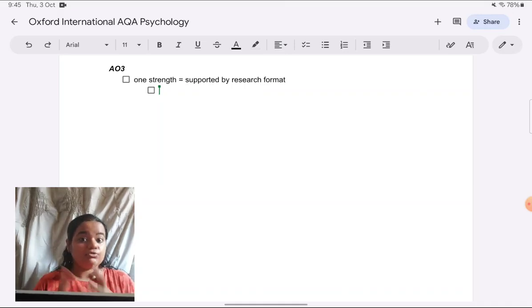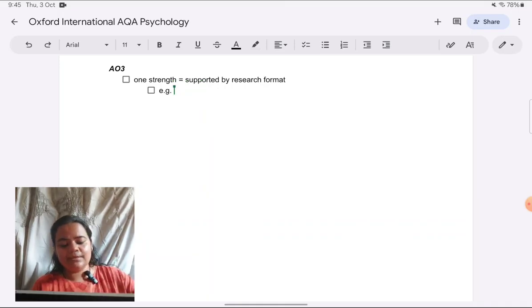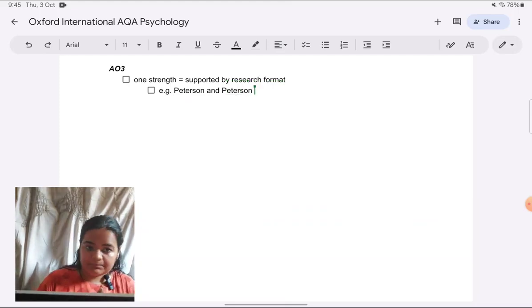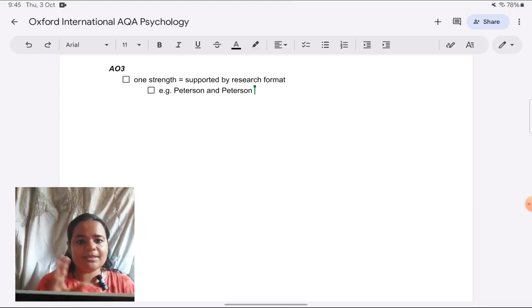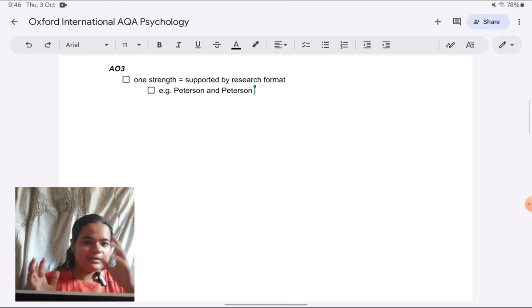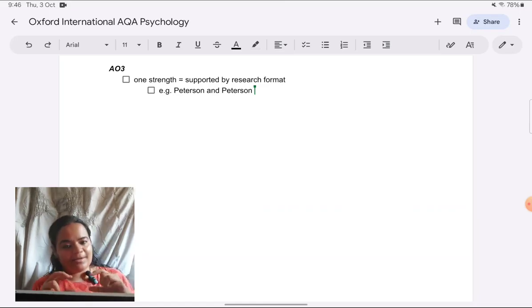There are too many studies supporting it, but I'll give the most famous, the most classic one, Peterson and Peterson. I will of course suggest that it's an example. It's not the only study which is done. Again, I might have learned it in a lot of detail, but I can't cover that much for one evaluation point. Roughly one evaluation point is worth 3 marks, given that I'm covering 4 points. So I can't give a detailed summary of the study like aim, procedure, results and all. I can summarize it very briefly. What was the essence of it which supported the MSM?